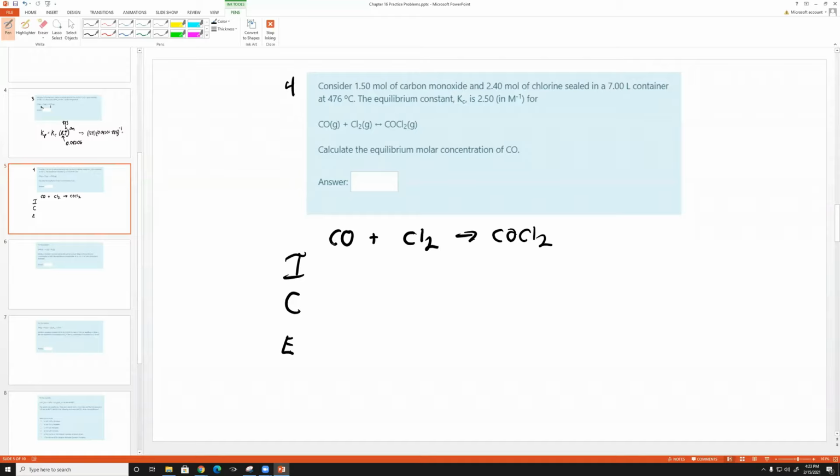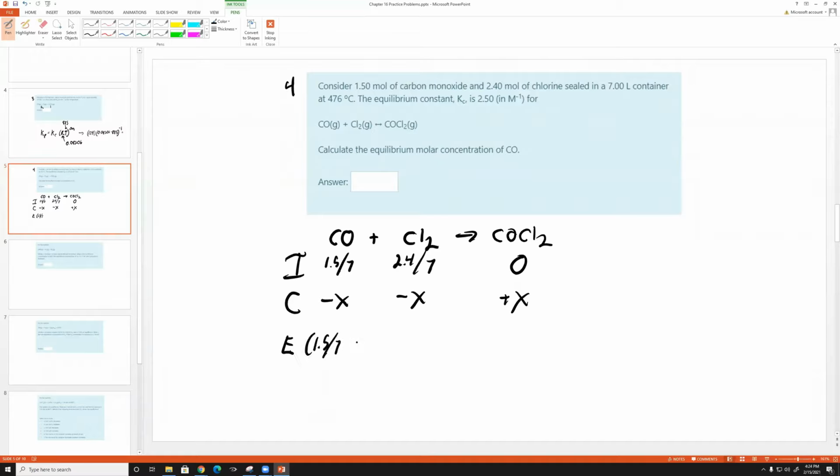So the initial concentration of carbon monoxide is going to be 1.5 moles divided by 7. For Cl2, it's going to be 2.4 divided by 7. And for COCl2, it's going to be 0. Now, since all of these coefficients are 1 and it is balanced, our reactants are going to decrease as it goes in the forward direction, minus x, and the product plus x. And then our equilibrium concentrations are going to be